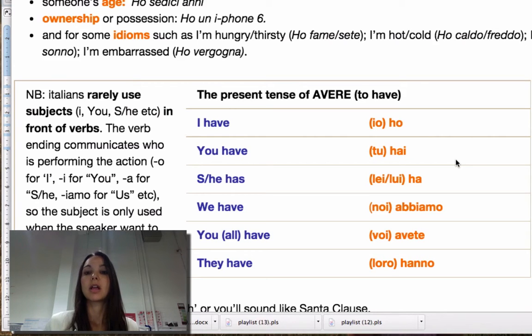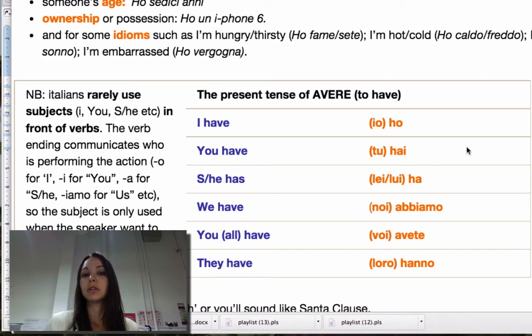Now, that's the end of the explanation, but if you want some study tips, then continue to watch. Every time you learn a verb in Italian, you have to memorize the 6 people, and there are some strategies for that. Some students may choose to write them down until they've memorized them. Some instead may decide to repeat them orally until they've memorized. And an effective way of doing that is to create a chant, because when you have rhythm, like in a song, it helps with memorization.